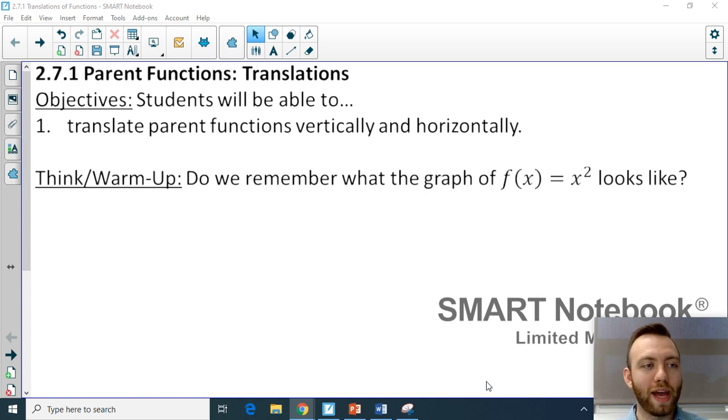Hey guys, welcome back, and today we're going to be looking at 2.7.1, which is parent functions, and we're going